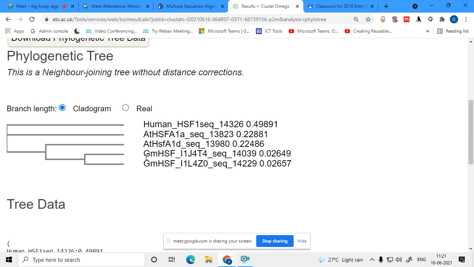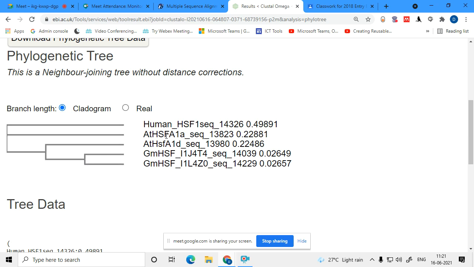First, let's consider glycine. This glycine and this glycine have the nearest neighbor relationship. So this is the MRCA, the most recent common ancestor. So glycine and these two sequences are very closely related. Absolutely, they are the same species only.